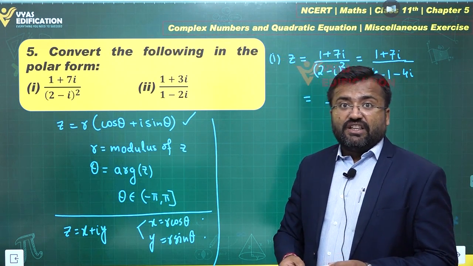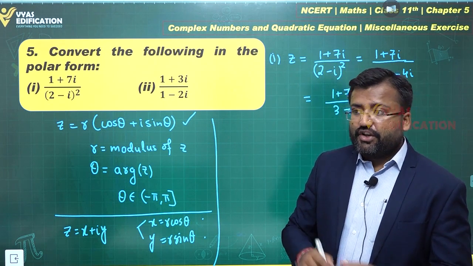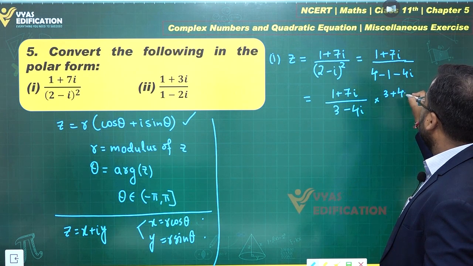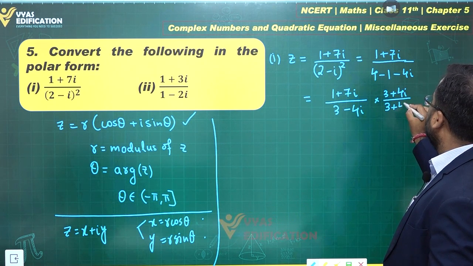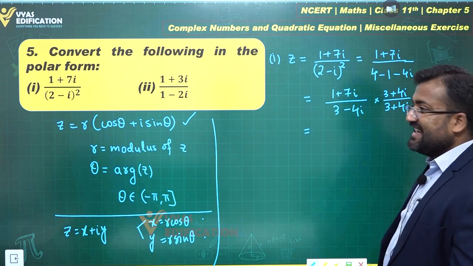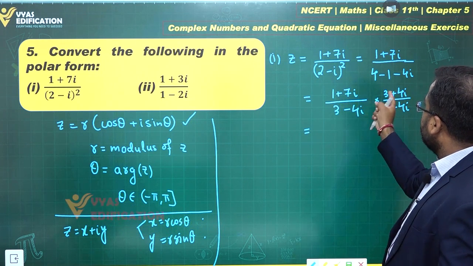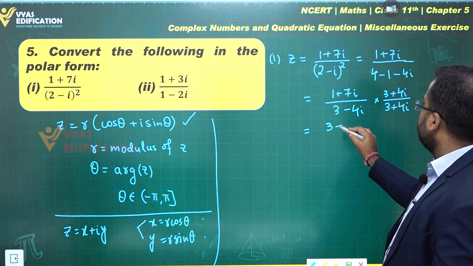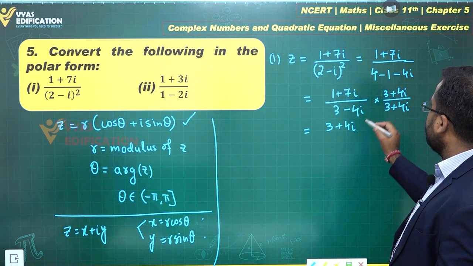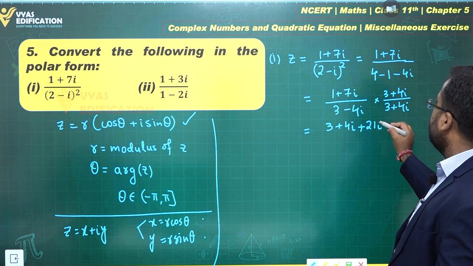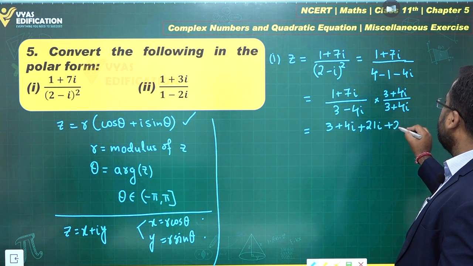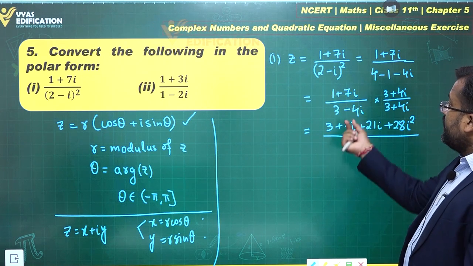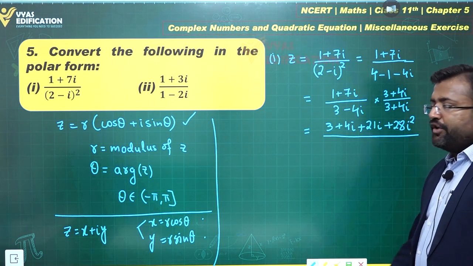For simplifying this further, we'll have to multiply with the complex conjugate of 3 minus 4i. Where will this take us? You can multiply these two terms together. 1 into 3 is 3. 1 times 4i is plus 4i. 7 times 3 is 21i. And 7 times 4 is 28 i square. What about the denominator? In the denominator you have a minus b times a plus b, so what you will do is a square